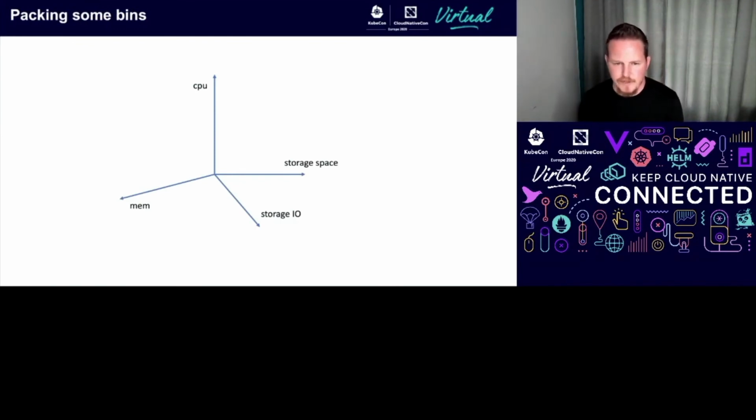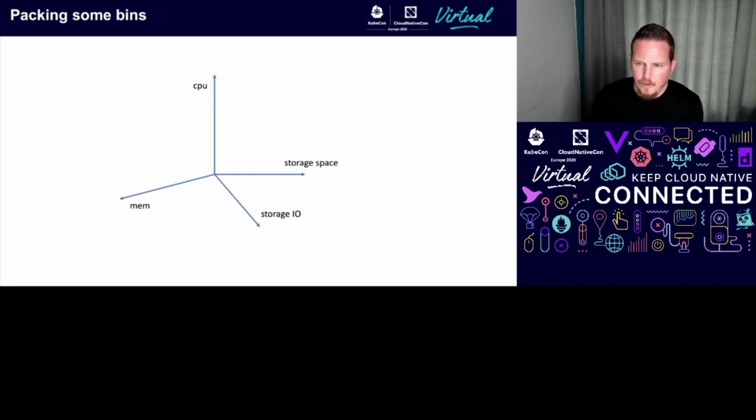So Kubernetes to the rescue, right? At a very simple level, Kubernetes is a scheduler. It does a lot of other things in addition to scheduling, but one of the things that it's here to help you with is packing bins. You can think of nodes as these bins, and instead of having dimensions like length and height and depth, those nodes have dimensions like amount of CPU, amount of memory, how much storage space do they have on their local storage devices, how much I/O can those storage devices handle,